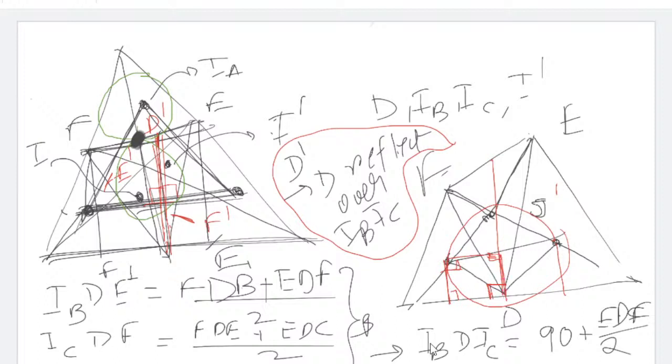Let's see. Hmm, so if we assume two of these are equal and we can say that they're equal all the while, okay, I'm not really writing anything here but